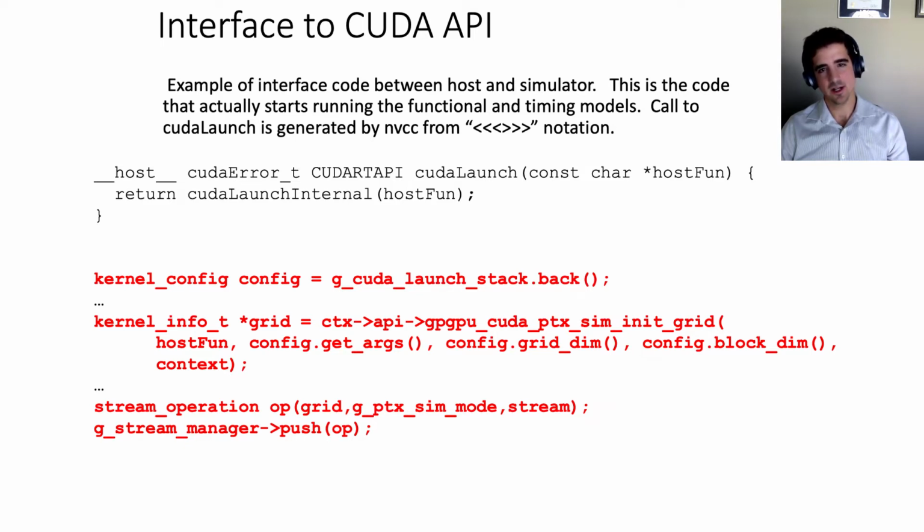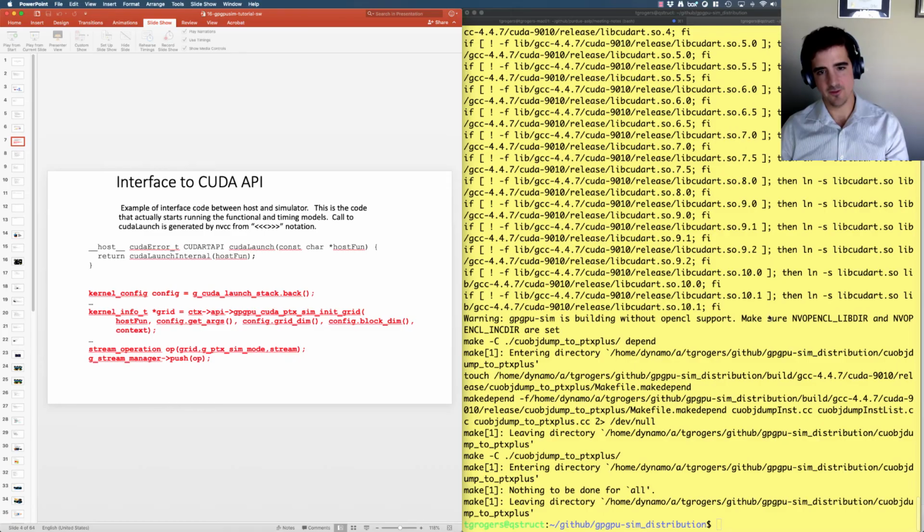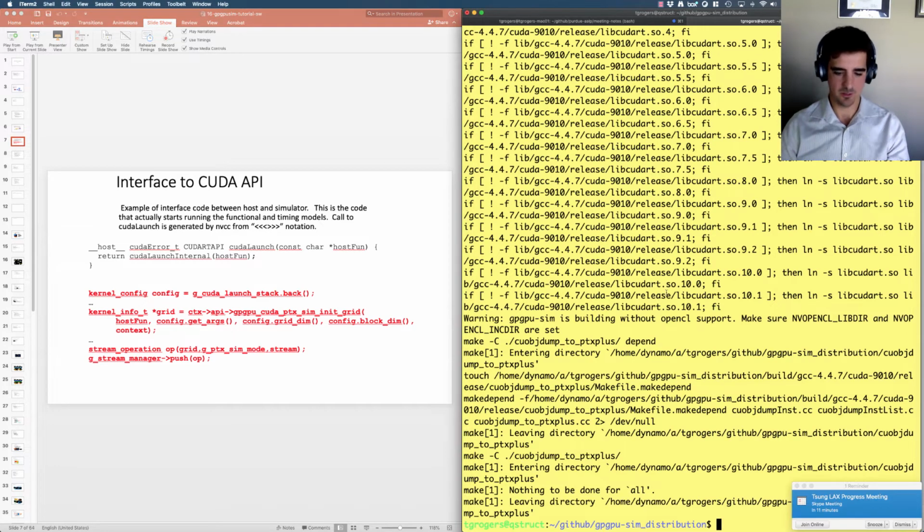What does it look like? So this is a code snippet from a file in the simulator, which I can just pull up here. So if you remember, the last time we went through this,